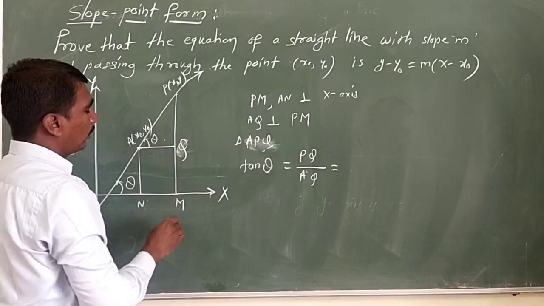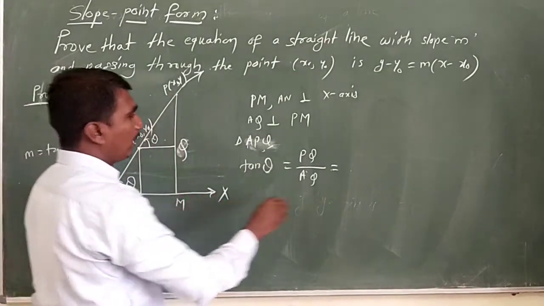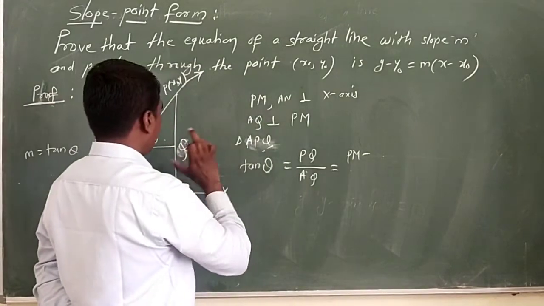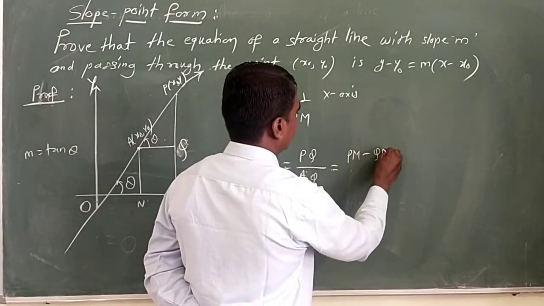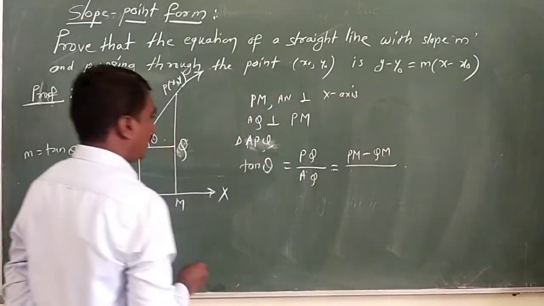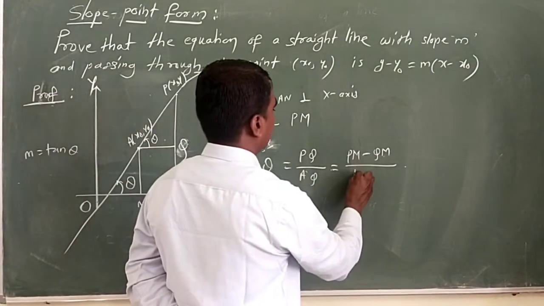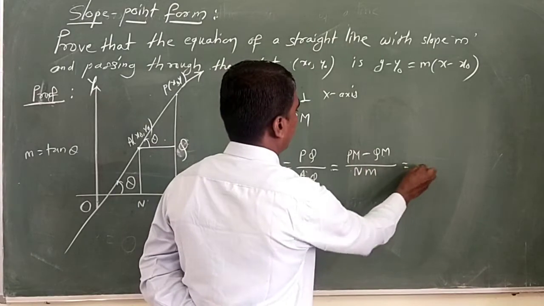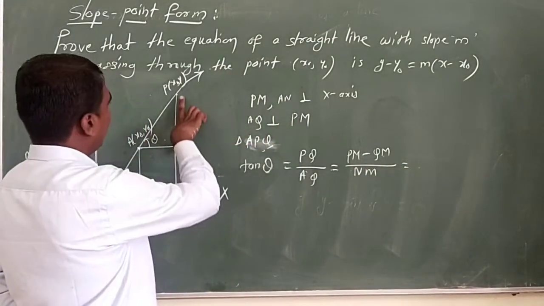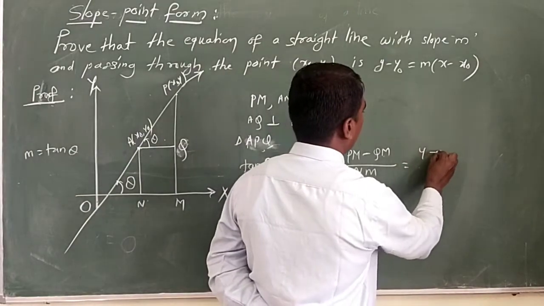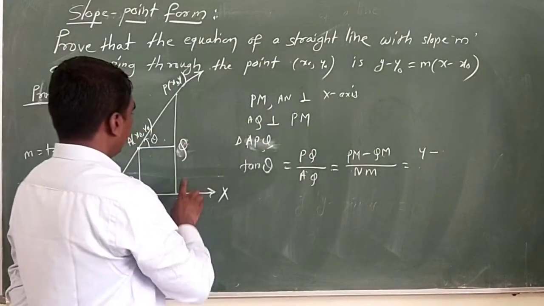Here PQ is nothing but PM minus QM, upon AQ, which is equal to NM. PM is the y coordinate, that is PM is y minus QM